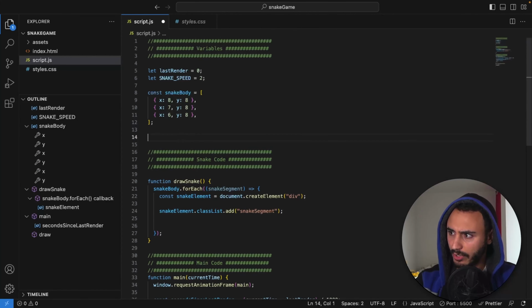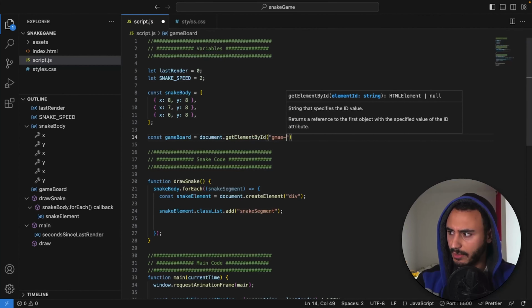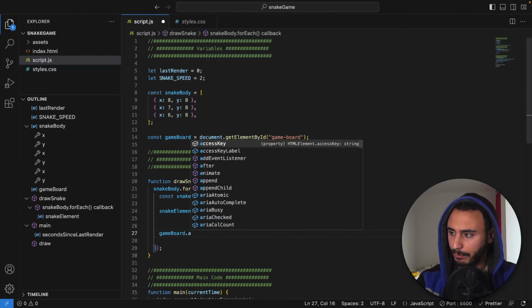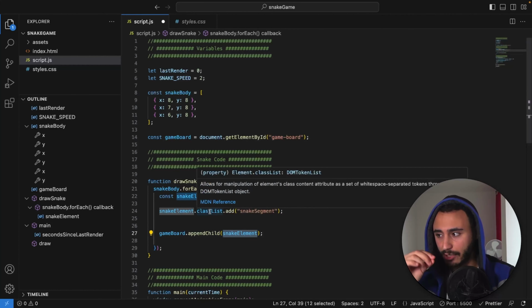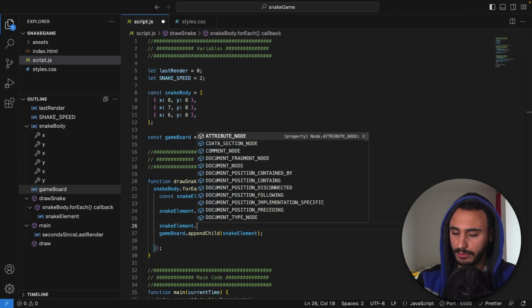For that, I'm gonna grab first the game board, which is the whole grid. So game board is gonna be equal to document.getElementById, and the ID of the game board is game-board. So what we want to do is grab the game board and append this whole child, which is the snake element, into it. But before we do that, because we didn't give the snake element an actual position on this game board, we want to give it an actual position, and we do that with snake element.style,